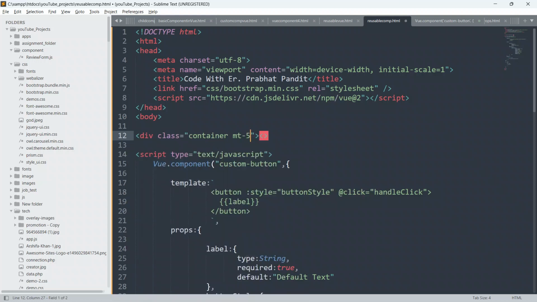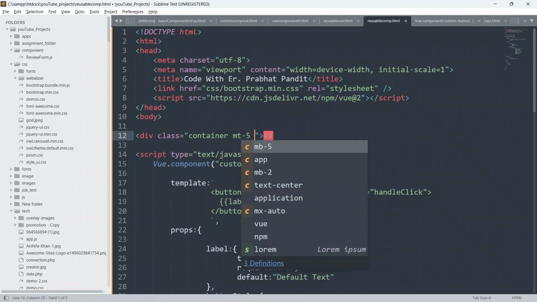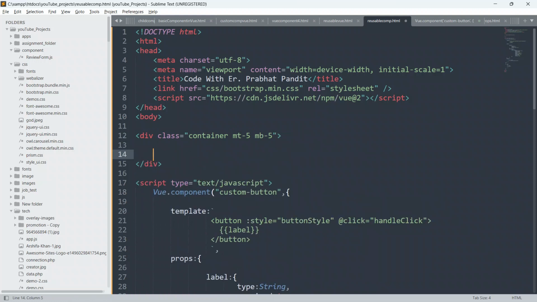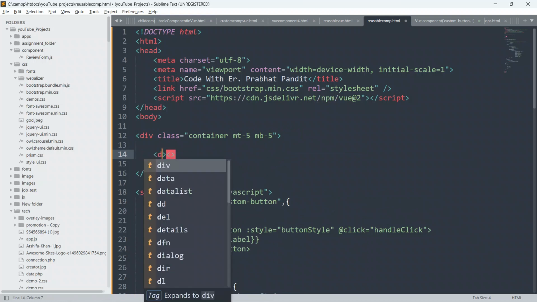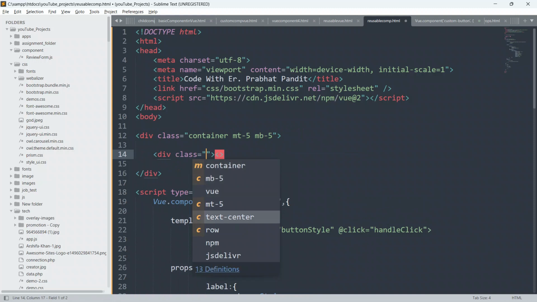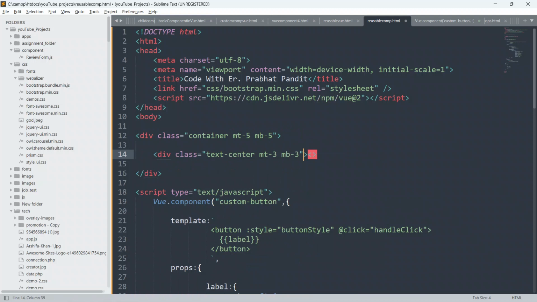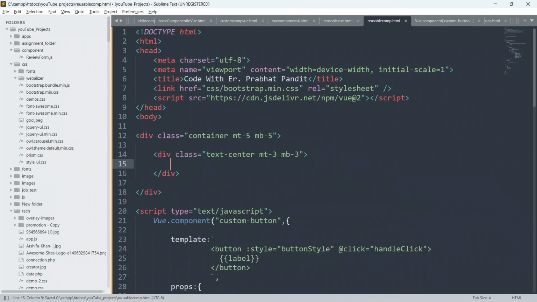Give the class container, and give margin top 5 and margin bottom 5, and close this div. Inside this div we are going to write some text also. Create a div, give class text center, and give margin top 3 and margin bottom 3. Close this div, and inside it I'm going to create an h1 element.